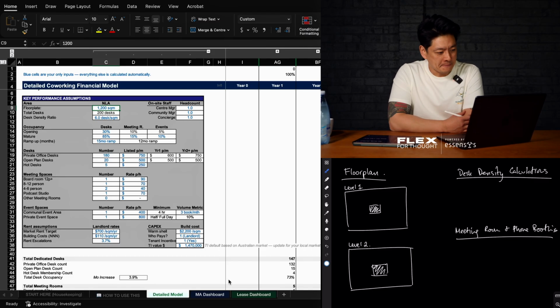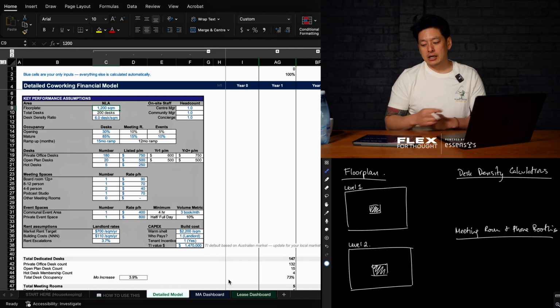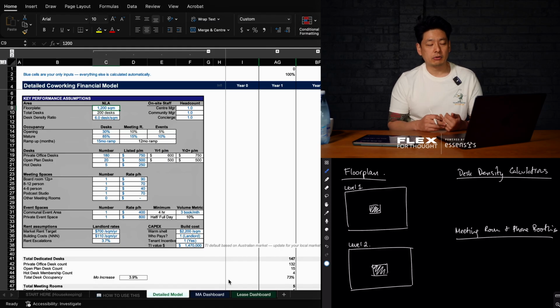Moving on rapidly. Today we're going to look at a feasibility study across 2 floors. I'm going to present you with a scenario that I was recently presented with, where we had to look at both floors a bit differently than usual because of the size of the floor plates and the amount of space that the landlord partner in this scenario was willing to allocate to co-working under a management agreement structure, which meant